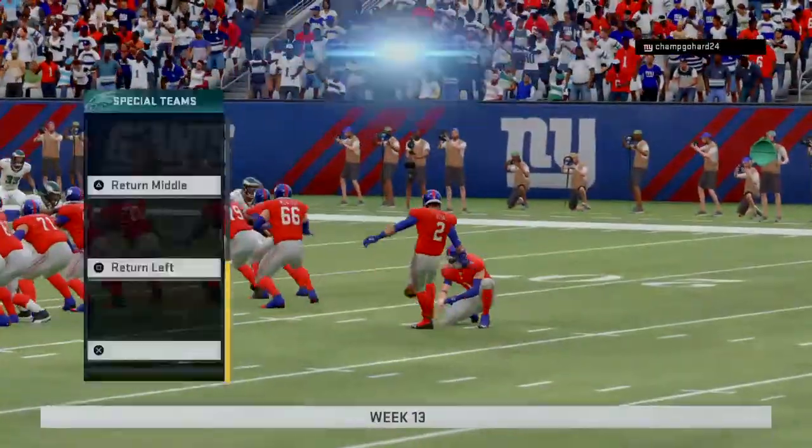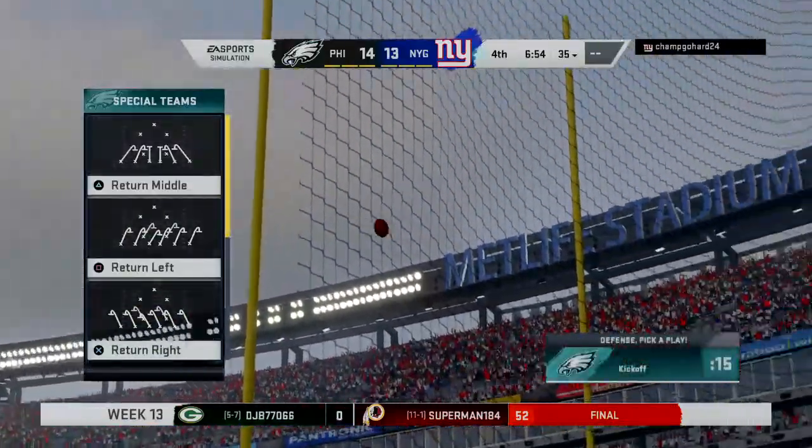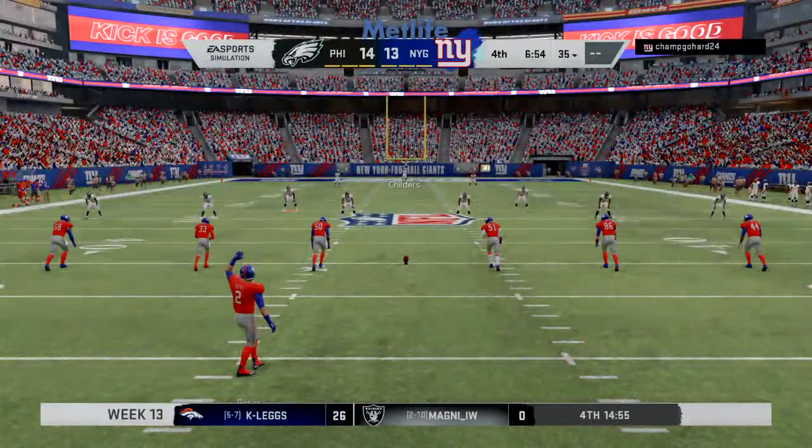And the lead is down to 1 now at 14-13. So with that field goal, this one's now back within a field goal. Maybe not the ultimate result they wanted, but gets them that much closer. This game is unfolding